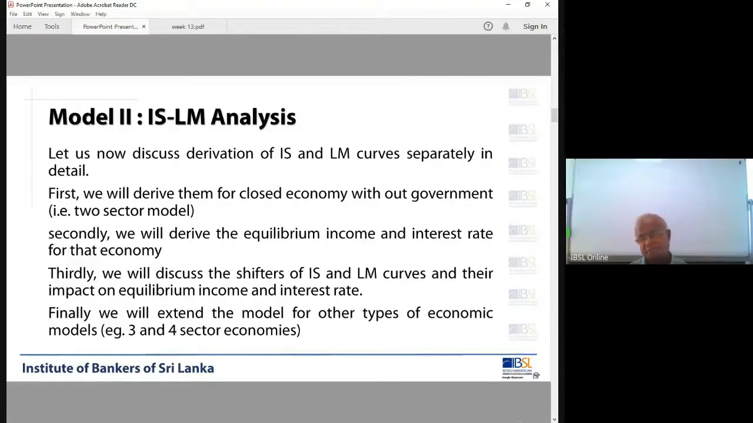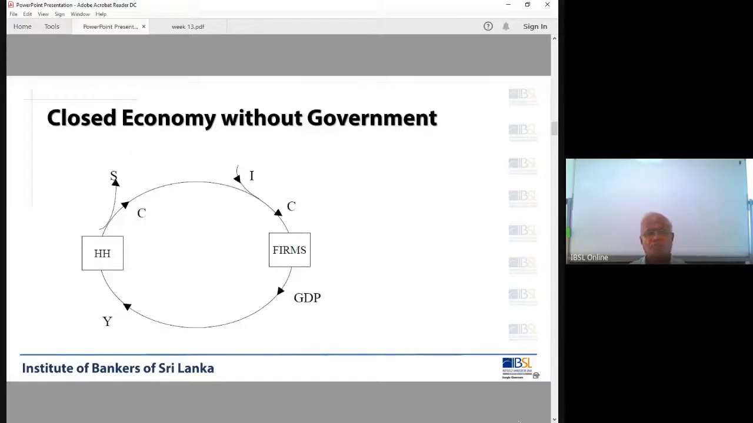Remember, in the last national income model, we discussed 4 models: closed economy without government, closed economy with government with lump sum taxes, closed economy with government with proportional taxes, then open economy. Okay, right. Now we'll come to the model. This is our model. Closed economy without government, right? Now we are going to derive this